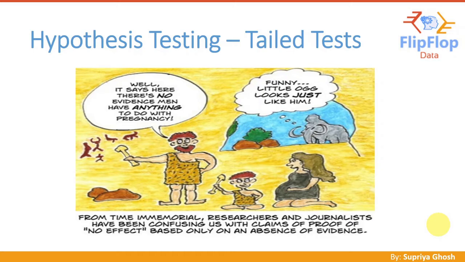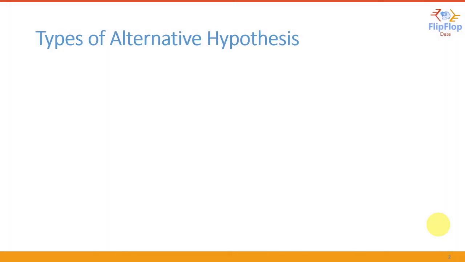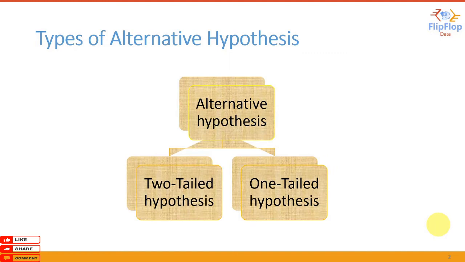So in the last video, I had covered the definition of hypothesis and hypothesis testing, types of hypothesis, and the steps of how you can postulate null and alternative hypothesis. So continuing with the types of hypothesis, I will further explain to you about types of alternative hypothesis. The alternative hypothesis, that is H1, is of two types: two-tailed or two-sided alternative hypothesis and one-tailed or one-sided alternative hypothesis.